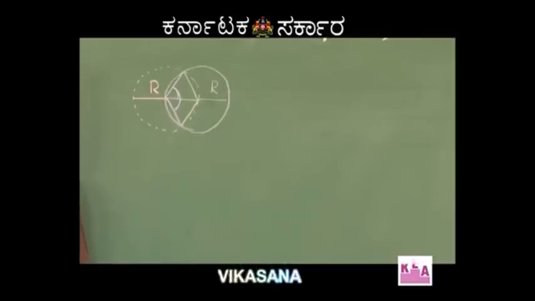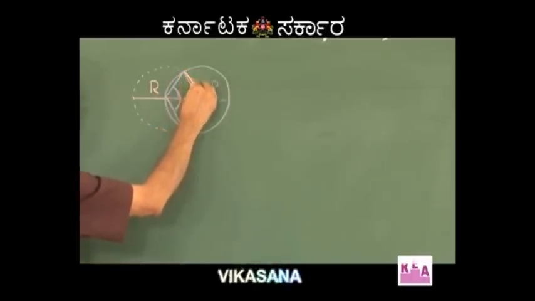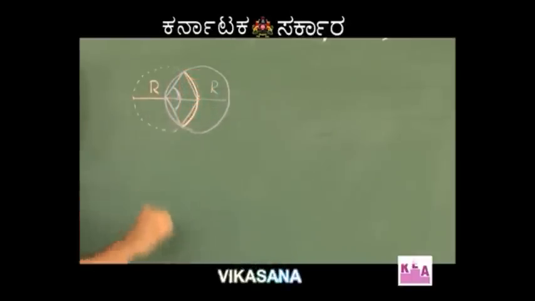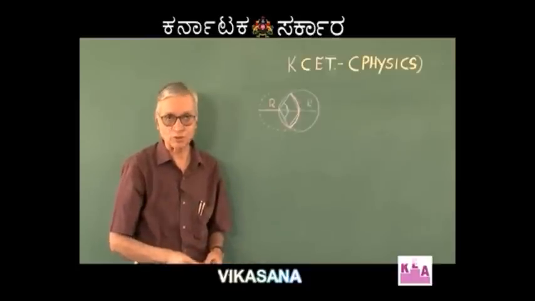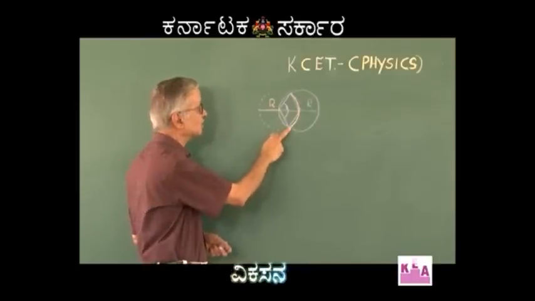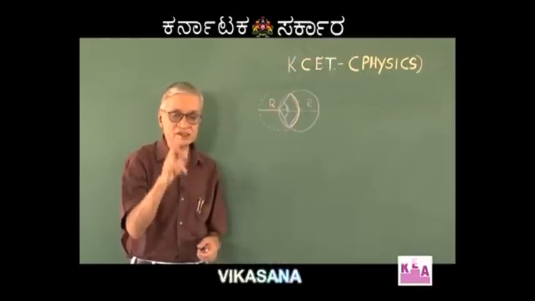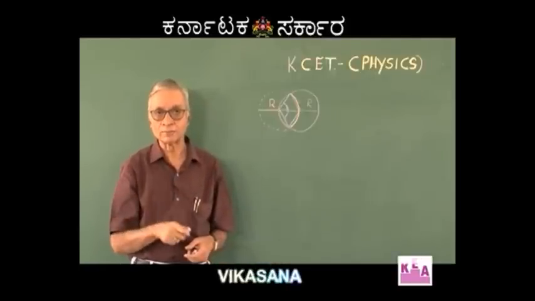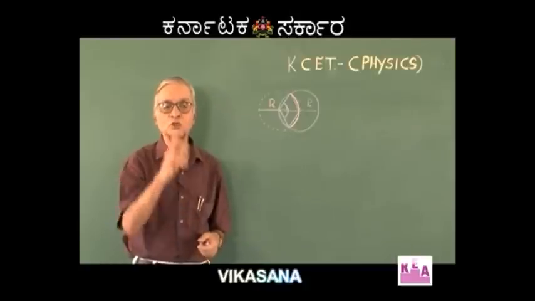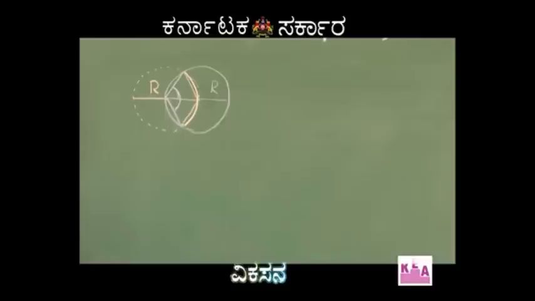Note one thing here, to calculate the flux across the sphere, you should consider the portion of the ring lying inside the sphere. Then I can calculate what is the charge lying within the ring. If the charge lying within the ring is Q, by Gauss theorem, the electric flux is Q divided by epsilon 0. For the entire ring, the charge is capital Q.